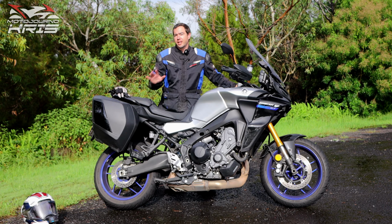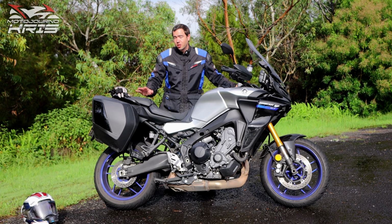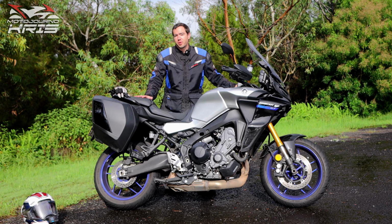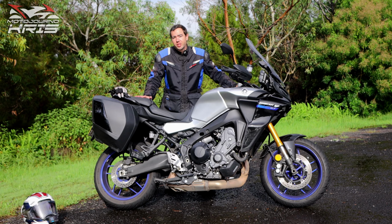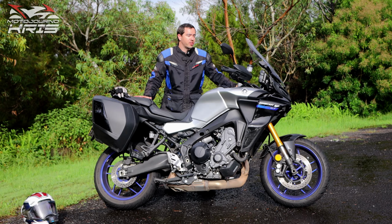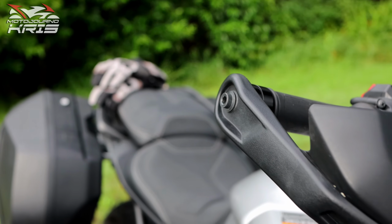Probably not quite as relaxed as the FJR 1300, which I tested, must have been 2 years ago now, which also got a big thumbs up from my wife. However, I think from the sportiness factor, this is a little bit more lively, a little bit more upright. It'd be a hard pick between the two bikes, to be honest, if I was doing really long distance travel. But if I was looking for something a little bit sportier, it'd probably be this bike here, the Tracer 9